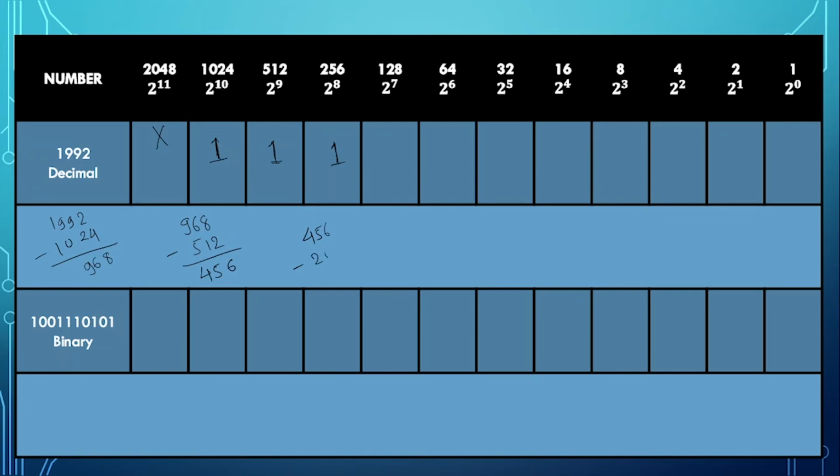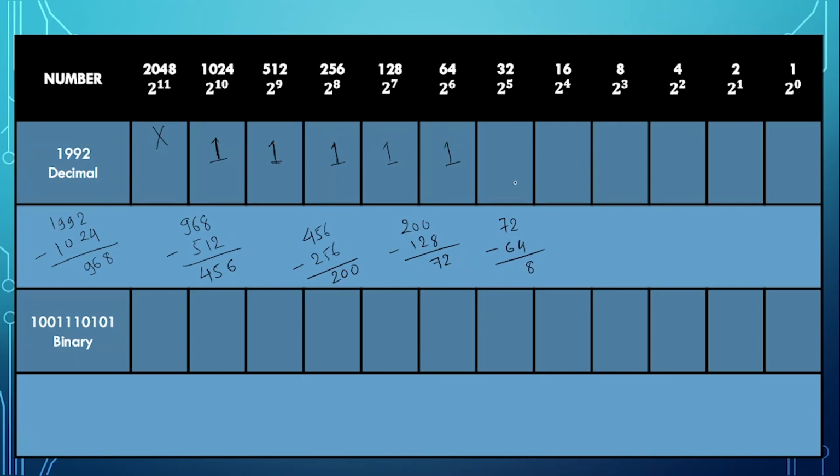456 minus 256 will give you 200. If you want to make 200, you are going to use 128. So 200 minus 128, so it will be 72. Now to make 72, you will use 64. So 72 minus 64,